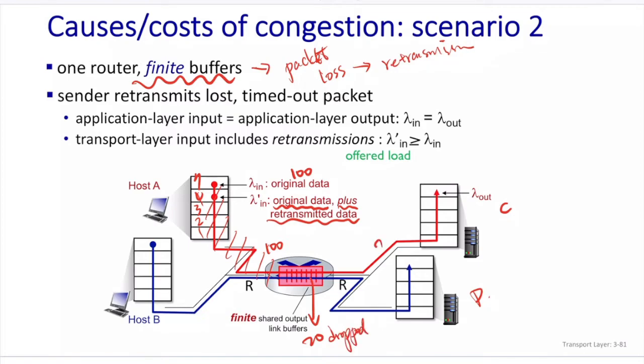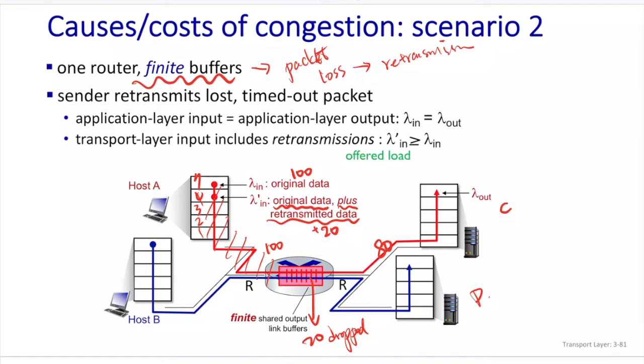So right here, only 80 comes to the right-hand side, and that is lambda out. Because it is TCP, right? We discussed reliable data transfer. So additionally, 20